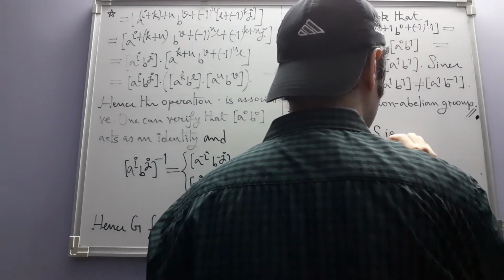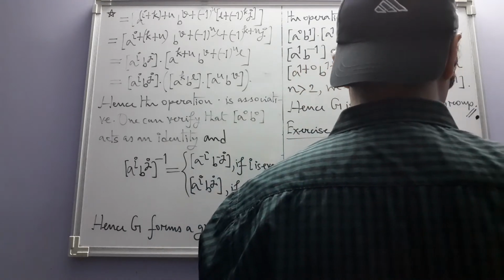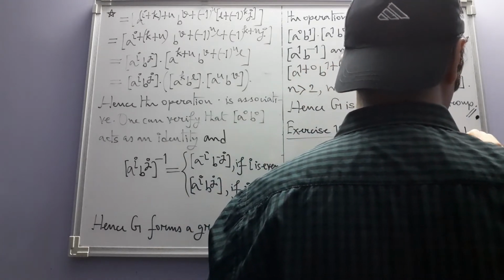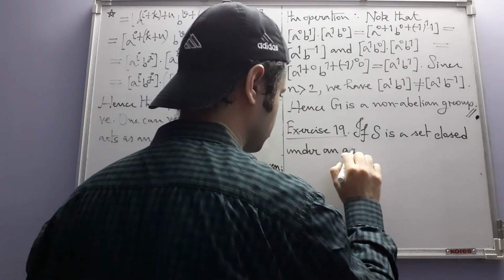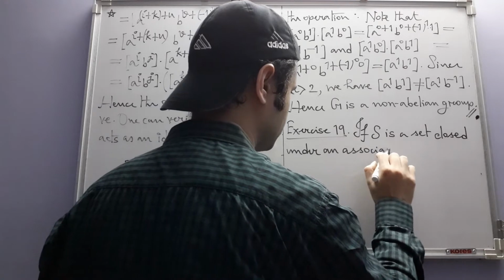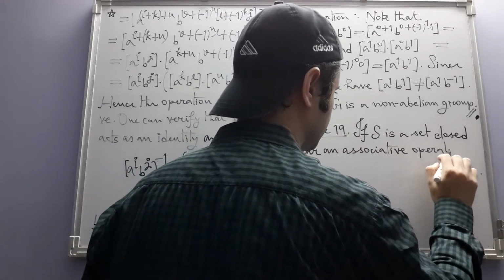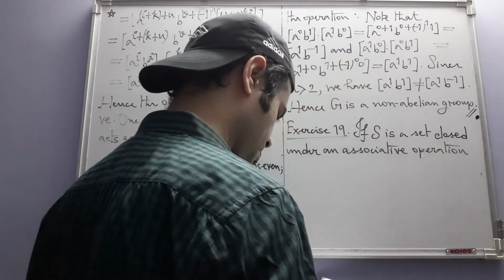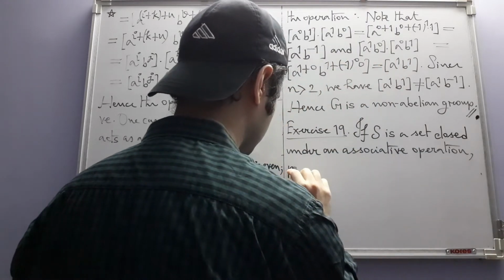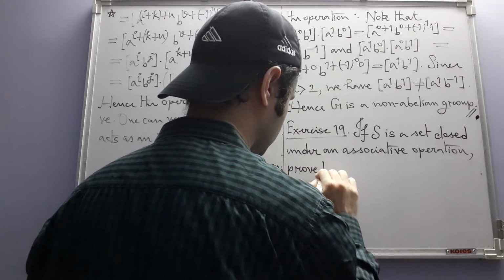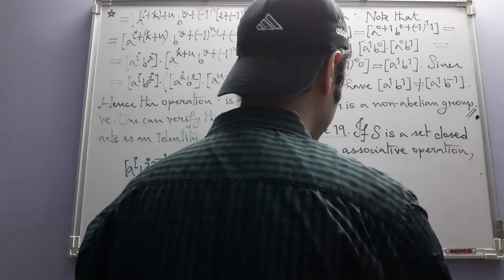If S is a set closed under an associative operation, prove that no matter how you bracket,